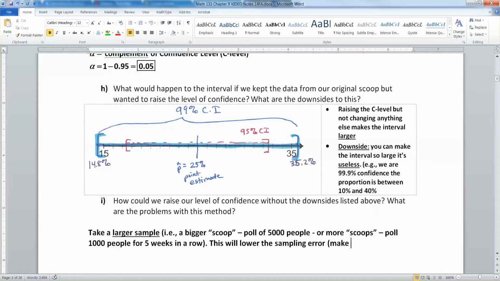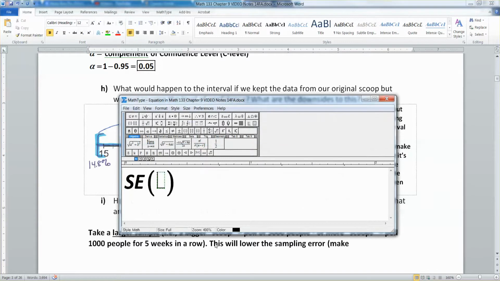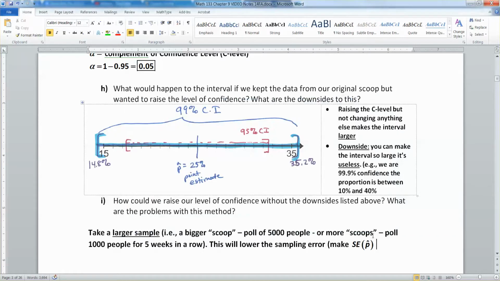It'll make your standard error of your p-hat smaller, and that's a good thing, right? Because if you're taking a larger sample, then it's going to vary less from sample to sample, right? So you make your standard error smaller. Okay. The problem with this, of course, is time and money,